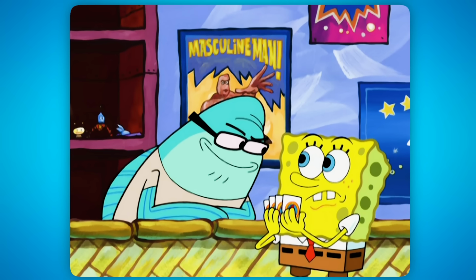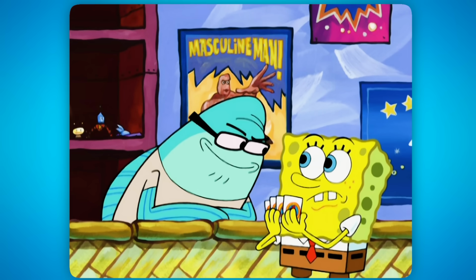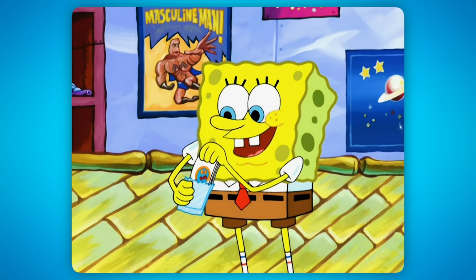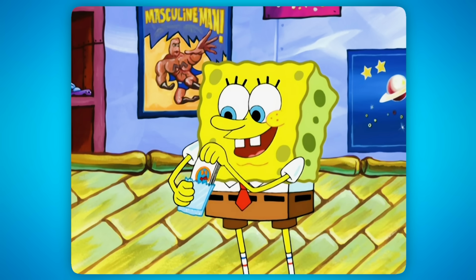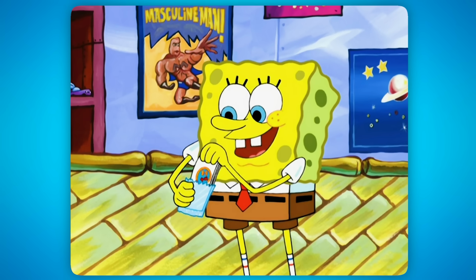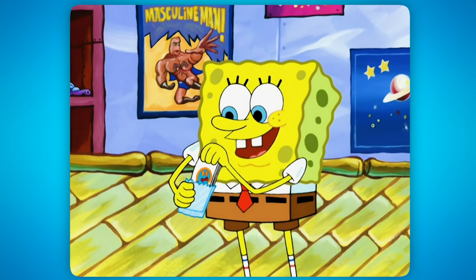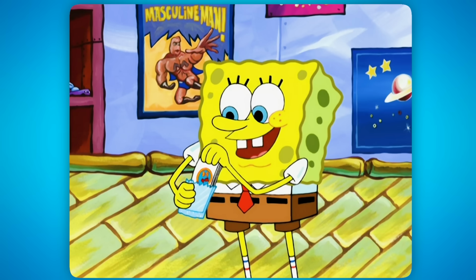SpongeBob spends the whole episode trying to save this card from Patrick's complete obliviousness. Patrick almost steps in cracks, walks through mud, falls into Goo Lagoon, and nearly gets crushed by construction stuff. Every time something bad is about to happen, SpongeBob jumps in to protect the card while Patrick just wanders around like nothing matters. The weird thing is that despite all this abuse, the card somehow keeps working for most of